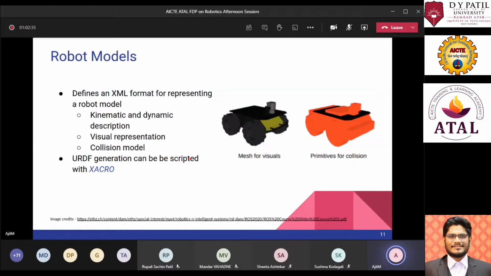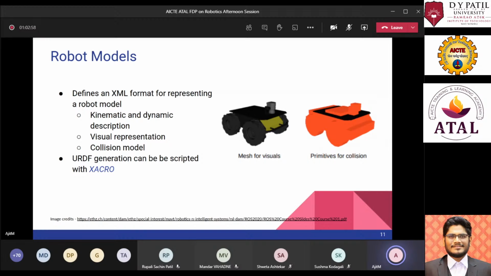If you want to start with Gazebo, the first thing we need to understand is robot models. Robot models are written in XML format, and they represent all the kinematics and dynamics of the actual physical robot, and you can give it a visual representation and define how it can collide with the environment.